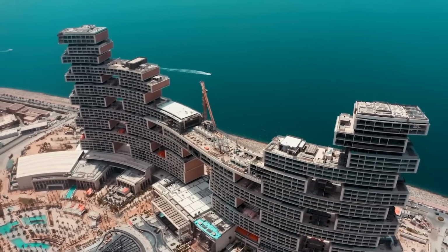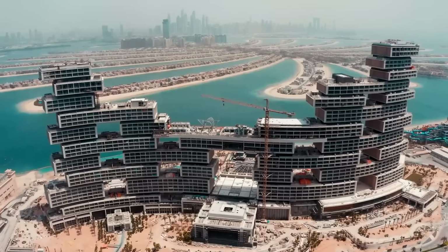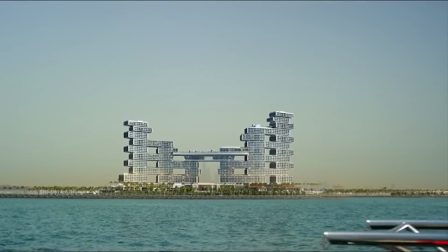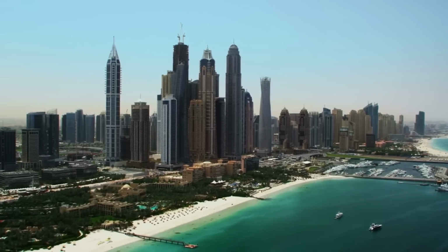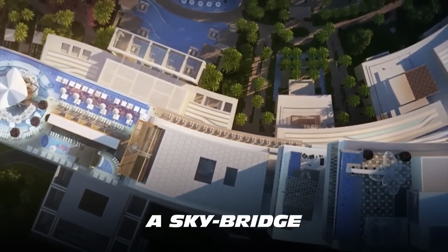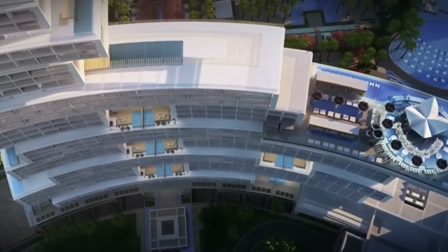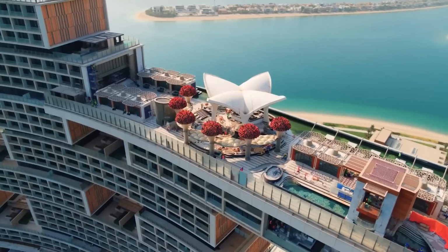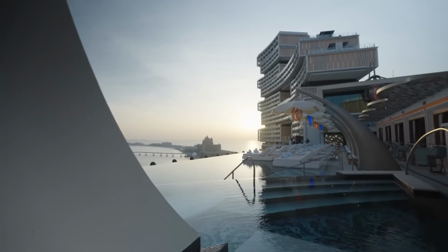The individual series of blocks provides what seemingly feels like a smaller and more intimate setting. The gaps between them become outdoor courts, naturally ventilated and shaded with incredible views over Dubai and the Gulf. The terraces are linked by a sky bridge, the structure that gives the Royal Atlantis its iconic silhouette. Framing a grand gateway between the two buildings, the sky bridge is punctuated by pools, lounges, cabanas, and other amenities,